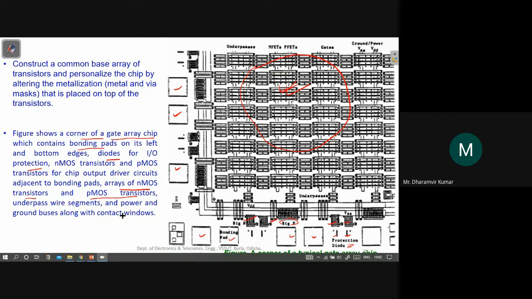So the main focus is the gate array chip. If you look from the top, it will look similar to this. Here these are array lines of NFETs and PFETs, that is NMOS transistors and PMOS transistors. Then this is the ground lane, this is the power lane. Here are some gates and underpasses. We will get to know more about this in the coming time.